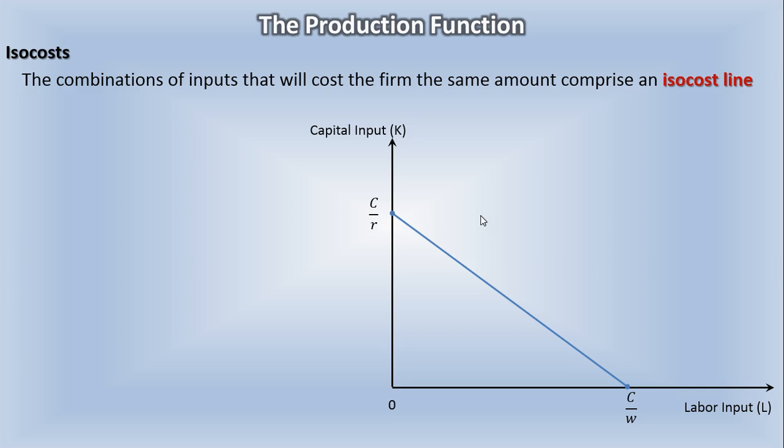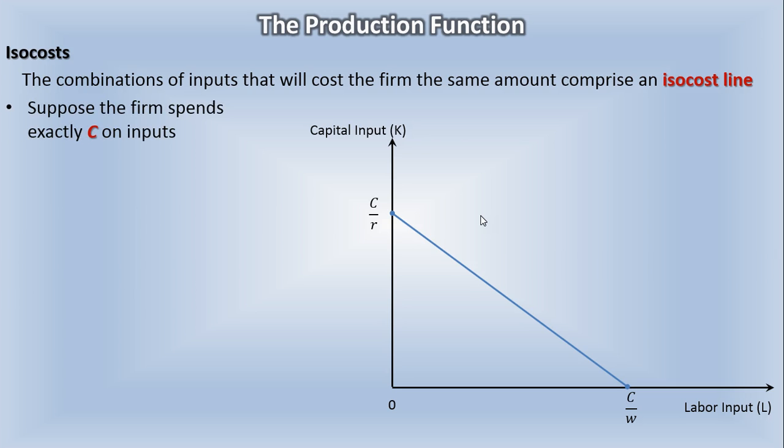You can get the most amount of capital by dividing the cost that the firm is willing to incur by the price of the input, which is the rental rate. So that's what that represents. And then this represents the most amount of labor that can be hired within that budget. Again, you've got the cost C divided by the cost of labor, which tells you the most amount of labor. And then, of course, the points in between on the line represent combinations of labor and capital that cost the